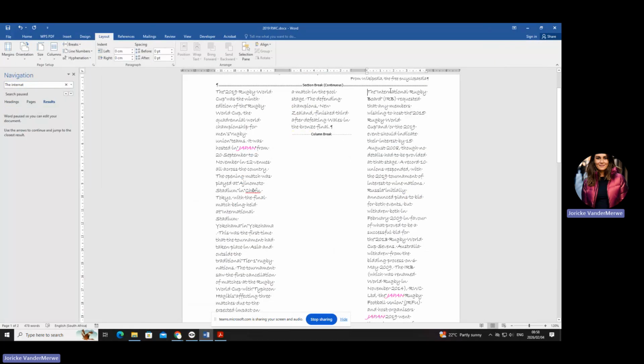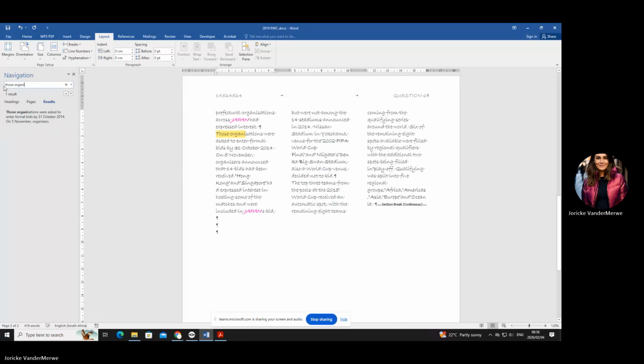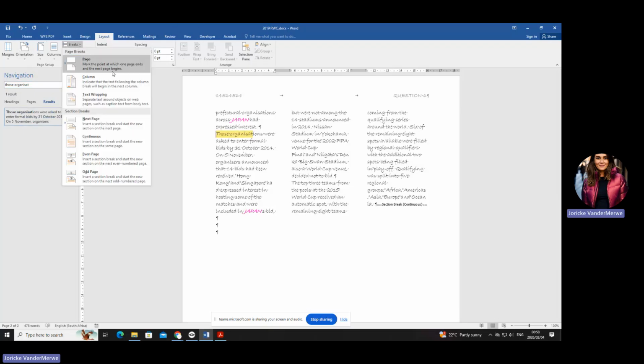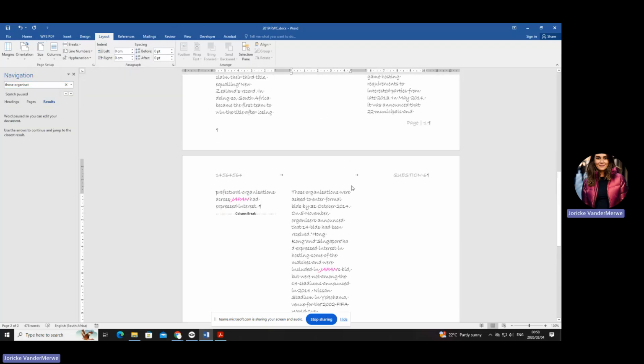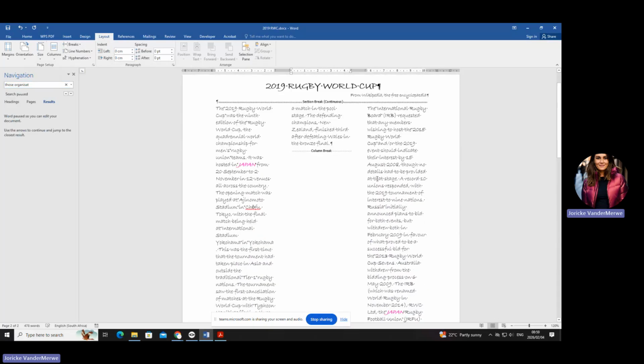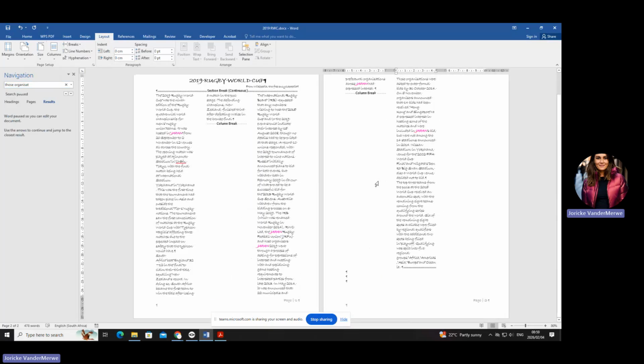Are you happy? Then where's the second column? Sorry, the third column is those organizations. Now you can just type it in again. Okay, there it is. There's the third column. So I'll have to put it in there and I'll put in a column break. Okay, now you will see my stuff is a little bit messed up